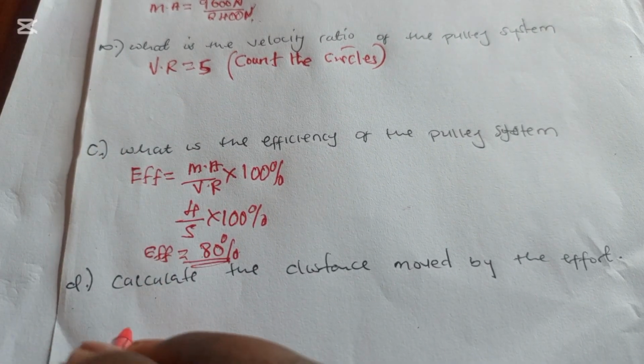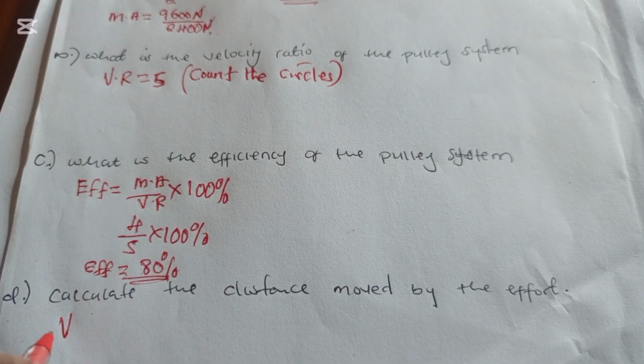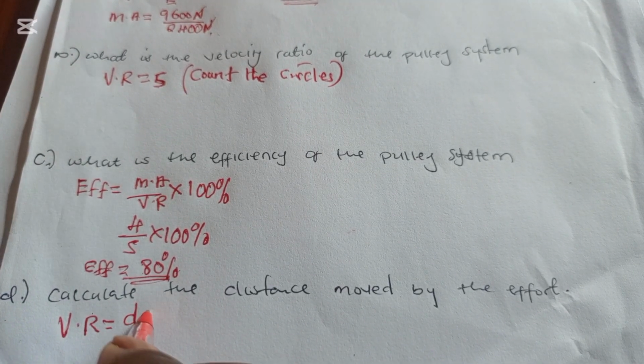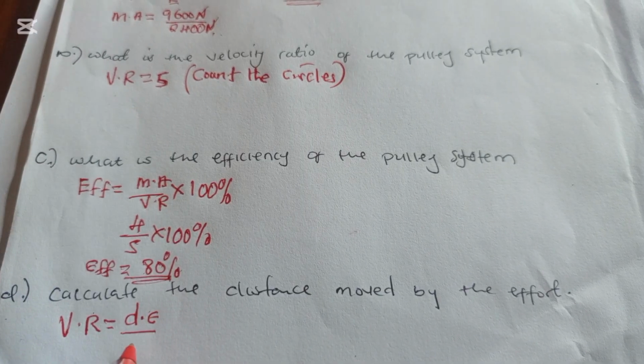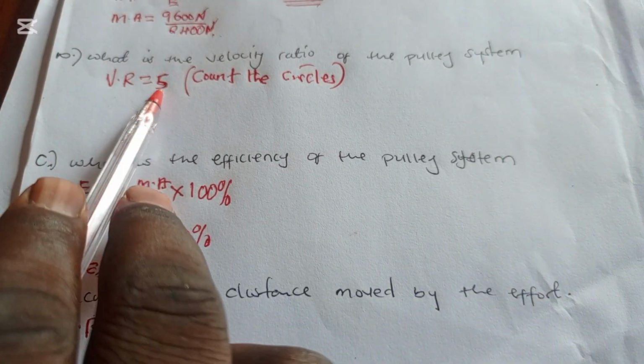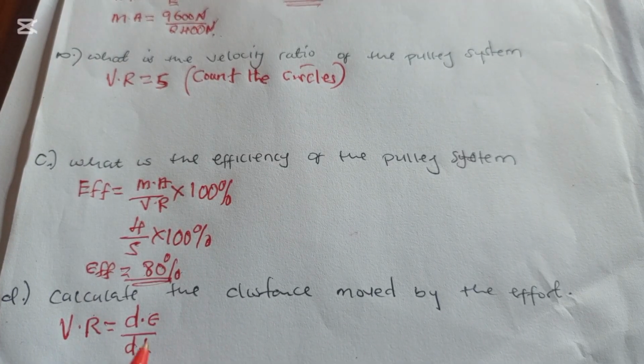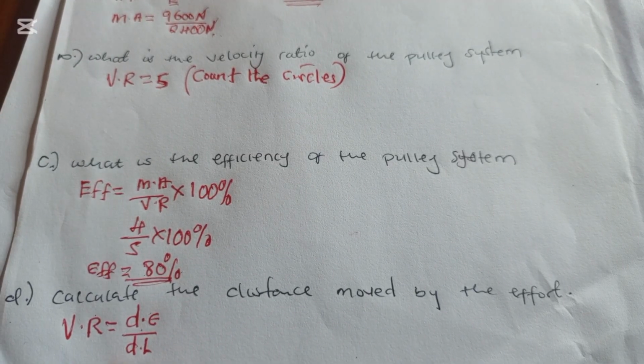So we need to say VR is equal to distance moved by effort over distance moved by load. So this is the formula for velocity ratio. Our velocity ratio in the question is 5 here. So 5 is equal to distance moved by effort, we put x, that's what we're finding here,